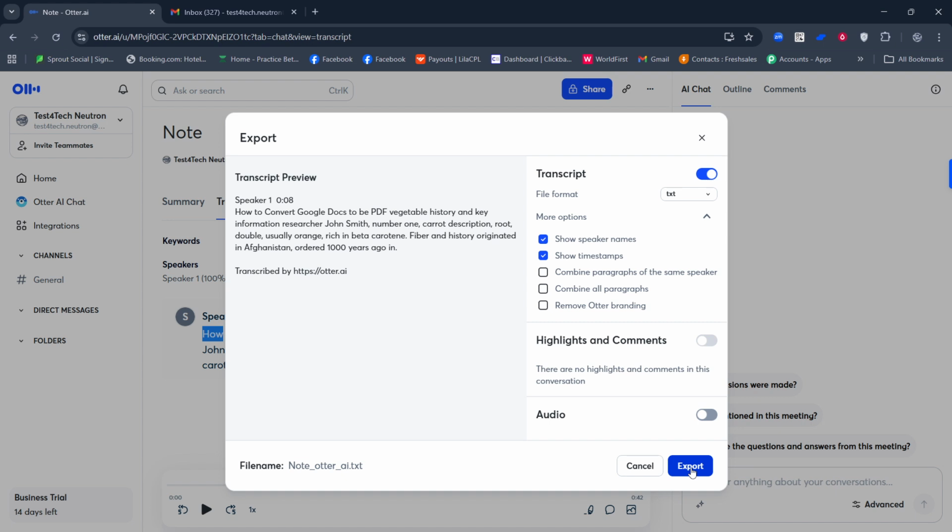Your transcript is now saved to your computer in the format you chose, ready for editing, sharing, or importing into your favorite tools. If you're working with video captions, remember that the SRT file will pair with your video in your editing software or on your video platform. That's it. Simple, fast, and